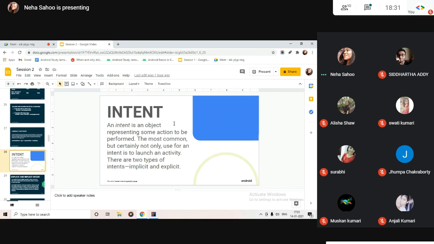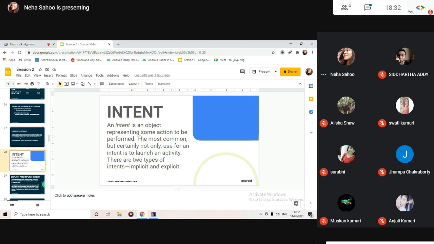Intent, if we were to explain it in general words, is like an intention. The meaning of intention is that, okay, I want to do this, I'm purposely doing this. So in Android also we have something called intent. Intent is an object representing some action to be performed.